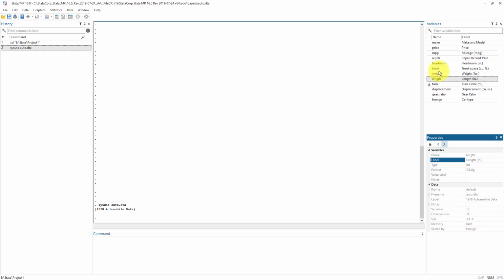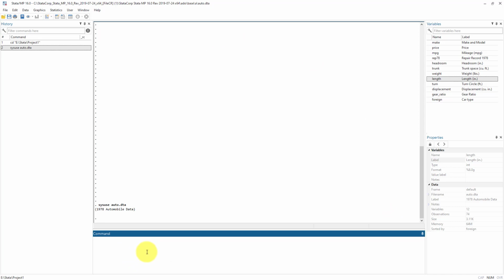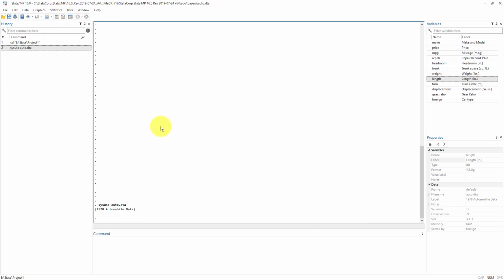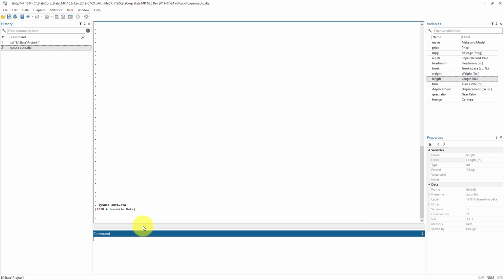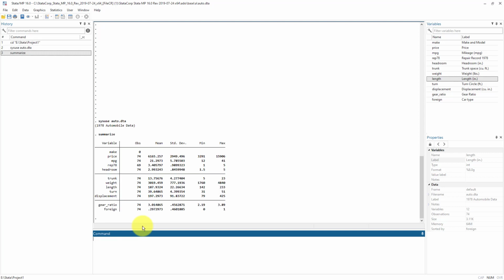Right? So we have understood the results window, the variable window, and the properties window. Now let's come to the command window. So remember, in Stata, we can ask Stata to perform some task either by clicking on the menus, or we can simply type a command. So let's say I type the command summarize, and what this summarize command does is generate the descriptive statistics of variables. So when I press enter, you would notice that it has generated descriptive statistics of the variables,